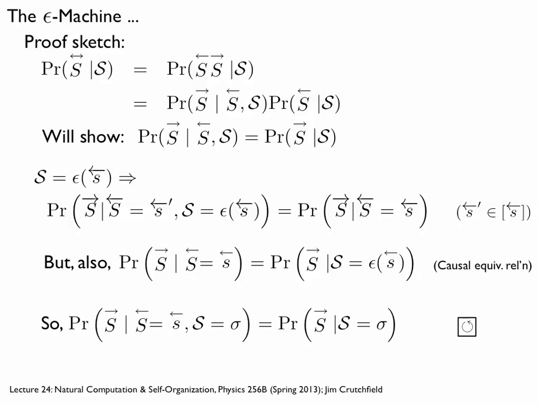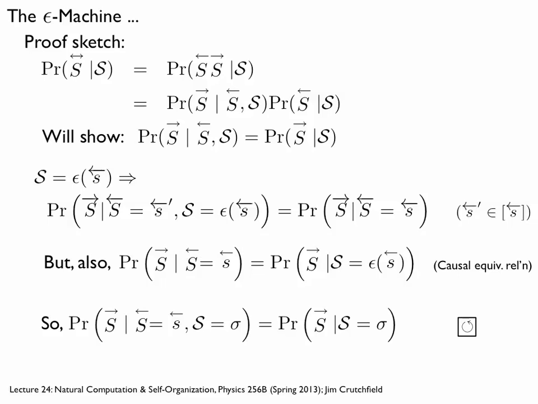But now, we wouldn't be in this causal state if S prime and S not prime were different. They're essentially the same information. So in fact, this probability is the same thing as just looking at the future given this particular past. What I'm doing is picking the particular past I've seen, this realization, and picking S prime to be another exemplar in this equivalence class. They all lead to the same distribution. Okay, so that's one way.